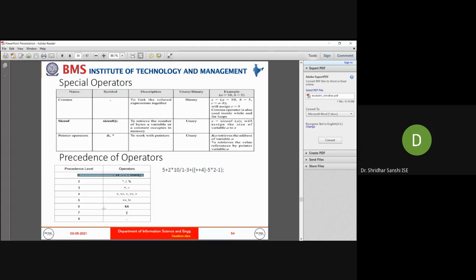It means that in an expression, these operators will be executed first. After these, the next operators executed will be star, slash, percentage. After that, plus, minus, and so on.